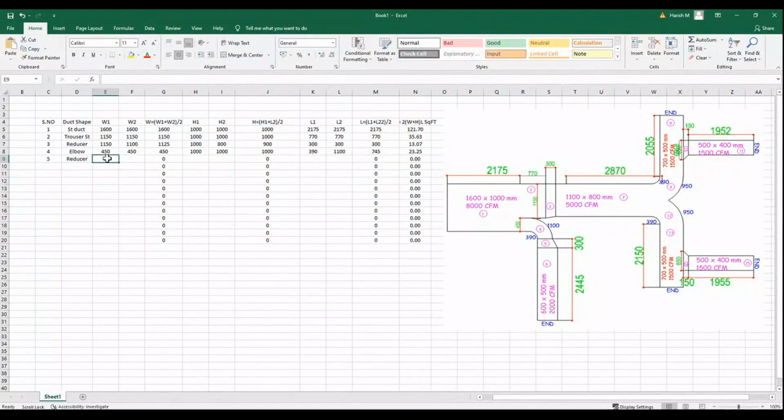रेड्यूसर, 390 विड्थ 1, विड्थ 2 इज 600। देखो ये 600 कहां से मिला? ये 390 है, और इधर विड्थ कितना है? इधर 600 दिया है ना, ये 600 लिया मैं। हाइट कहां से आ रहा है? 1000 से 500 को हो रहा है। This height is 1000 and this height is 500 and this value we have taken। Length 1, so 300 same। If length दो लेंथ नहीं होता, एक ही लेंथ तो दो बार देना है बस, तो उसका वैल्यू भी आ गया इधर, ठीक है। नेक्स्ट सेक्शन 6,